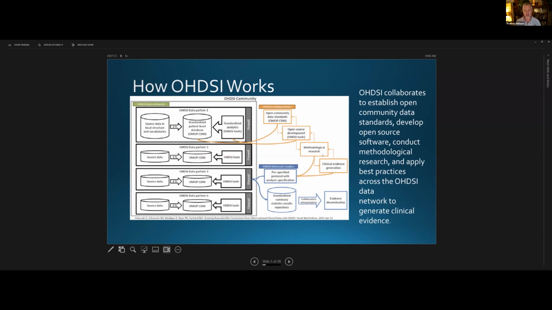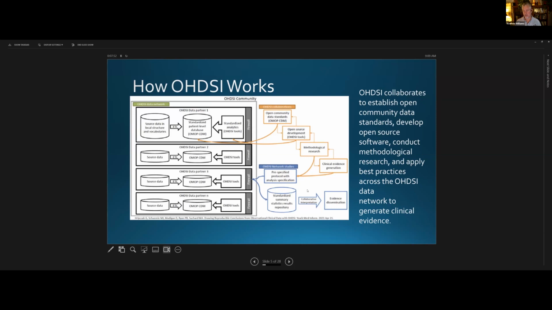And then finally, on the right-hand side, the farthest to the right, gold box is clinical evidence generation. So you've got policymakers, clinician scientists, and other folks coming to and participating in the community to use those methods, applied by those tools, to those data. That all gets specified in a protocol. Each of those 4 data holding sites gets that protocol. It's usually a fairly concise package of R and Python code. It's designed to run automatically against the CDM, so it runs locally. And then the results, the standardized summary statistics, are shared and aggregated centrally.